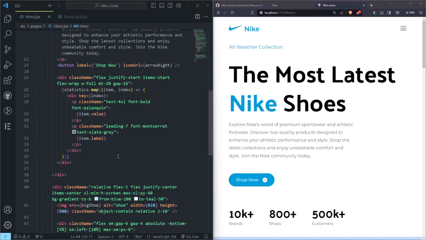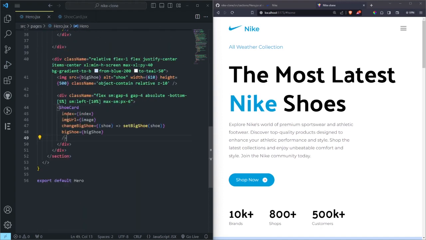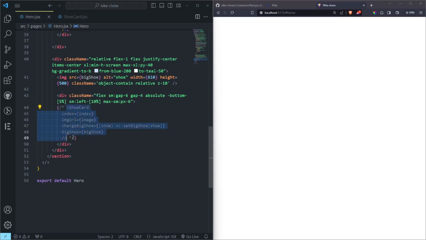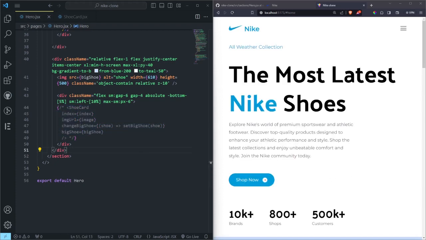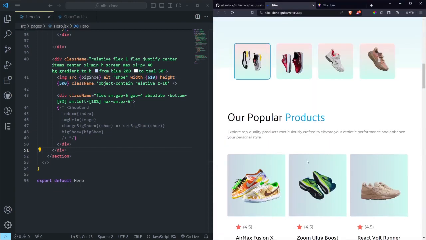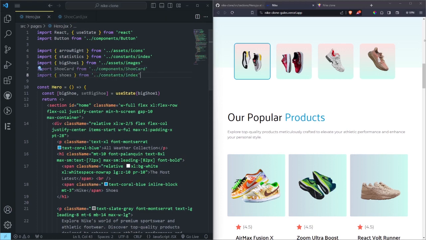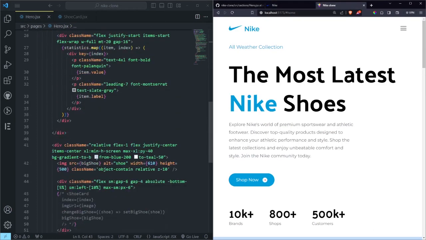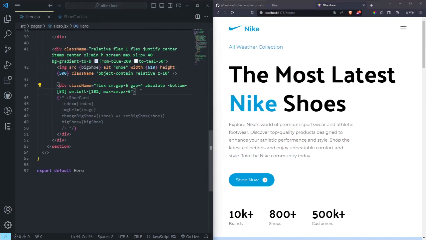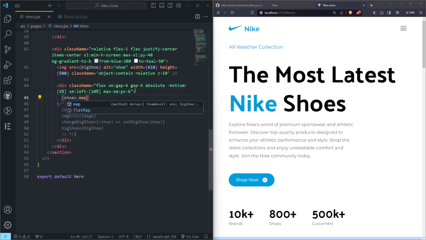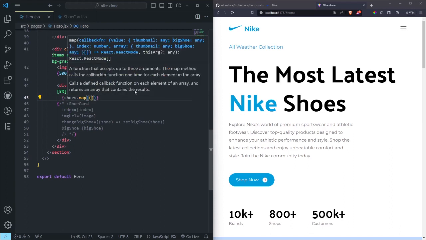So first, let me just return it here, and then I can comment it first, and then we can map the shoes from the constant. We already had the shoes, which are these shoes that are changing down here. So let's first import the shoes, like that, and then come below here, and then we want to do a div, not actually a div, but to map our shoes. So let's do shoes dot map, and then we want to map, can do the image,